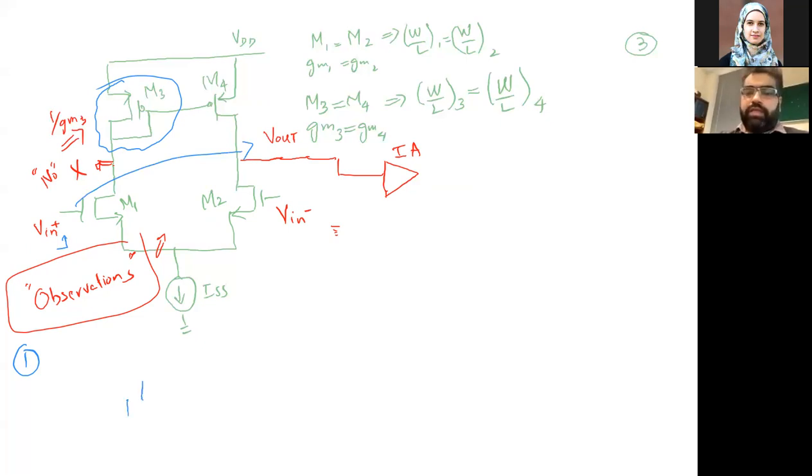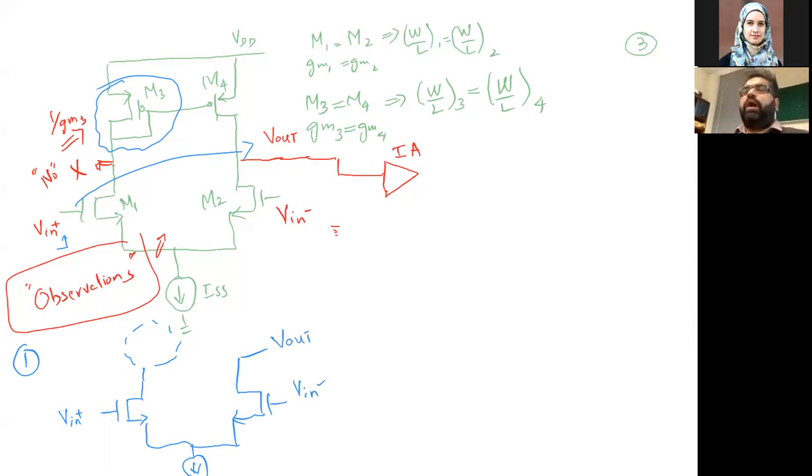If we have this one, which is an NMOS, I am ignoring what's being drawn here altogether. I'm not concerned at this moment about this thing. What I'm concerned about is something like this one. V in negative, and this is my V out, because my whole analysis is to find how V out is being affected